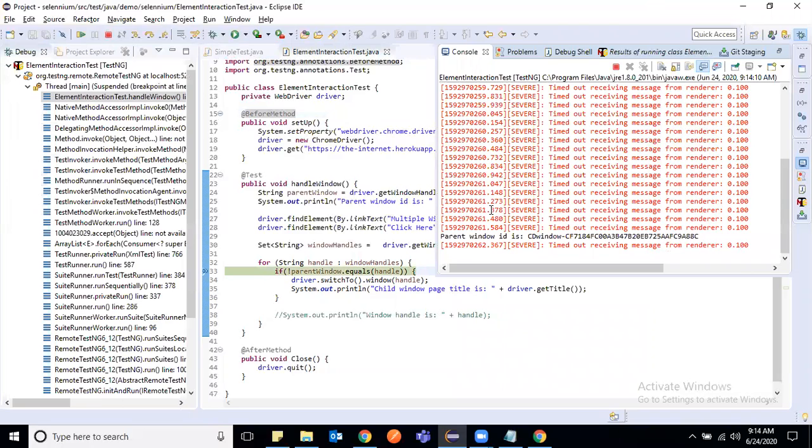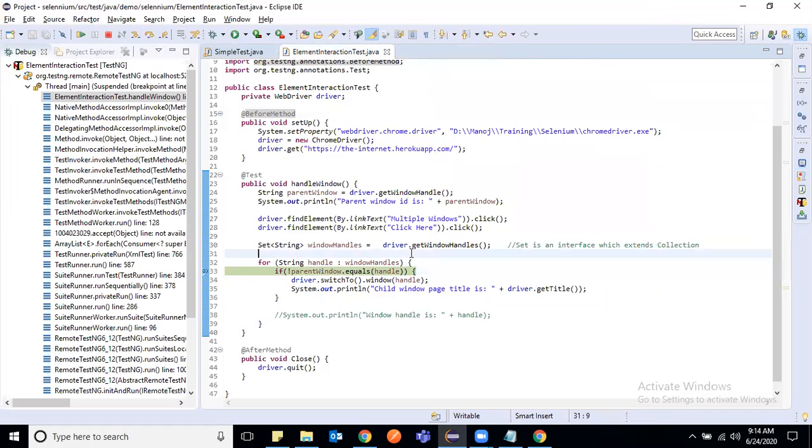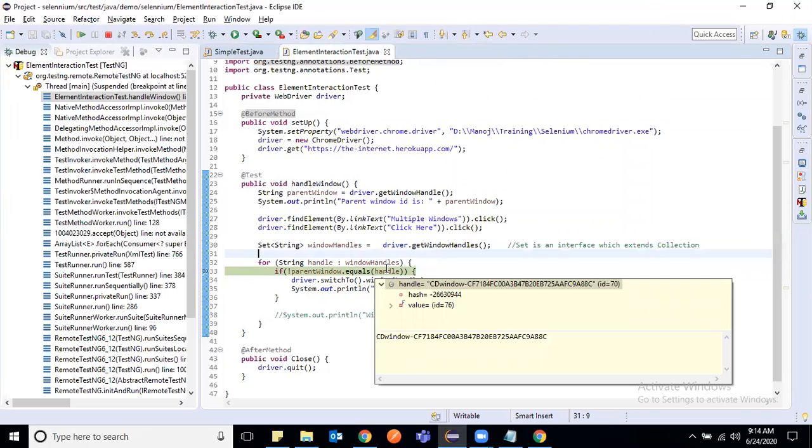Okay, so it printed the parent window ID. You can see it stopped execution here. Now, what is the current window ID? It is something you see here.